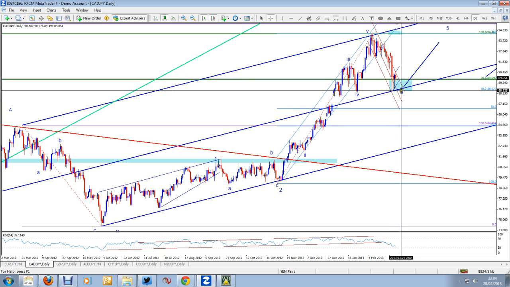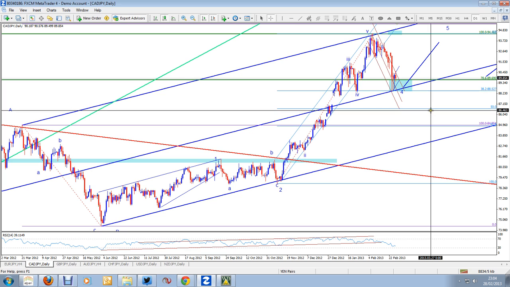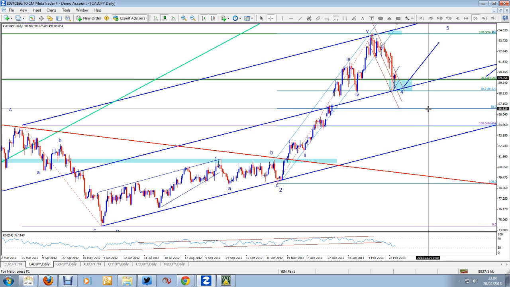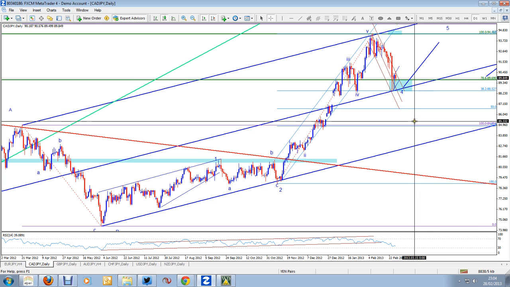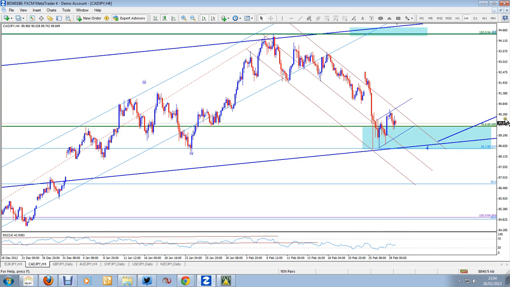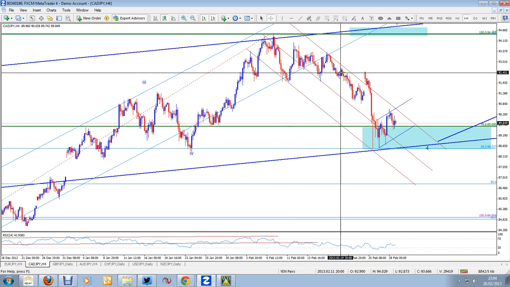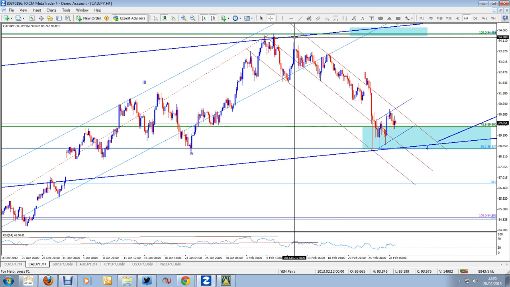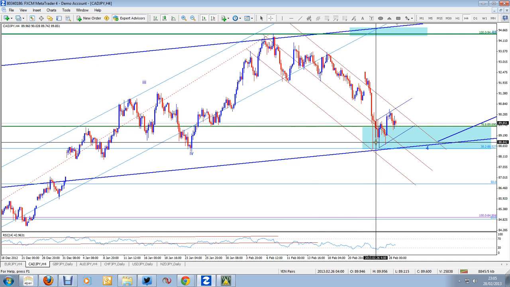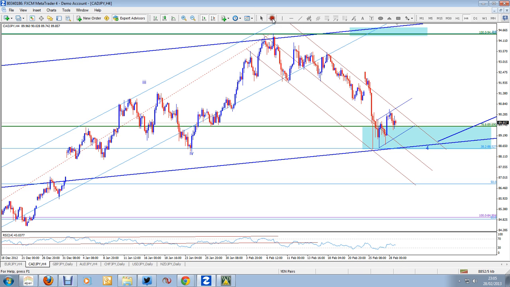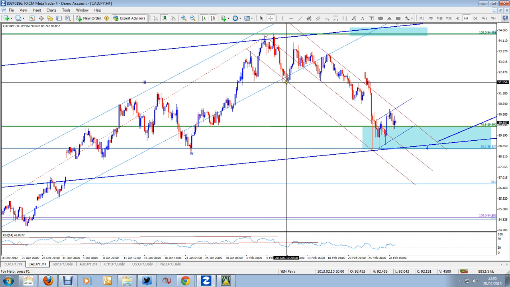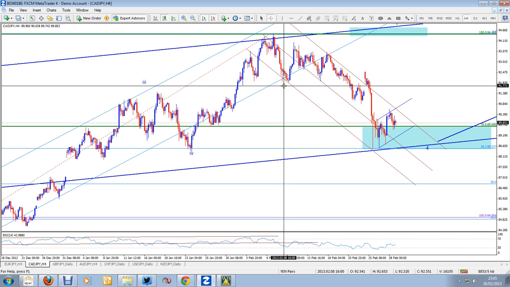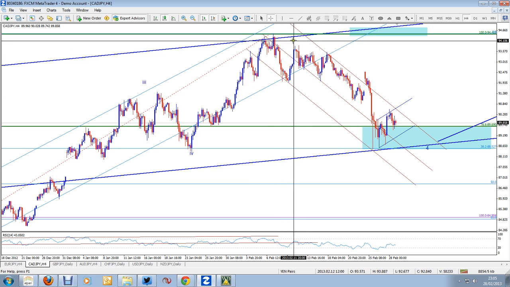we've already bumped into it at a level of 88.5, but maybe we could decline a bit more to around 87, 86. But if you look at the shorter term, then you can see from the high here we had a wave A down, this area here possibly wave B up, and we're in a wave C. So wave ABC is wave A down, then we had a wave B up,